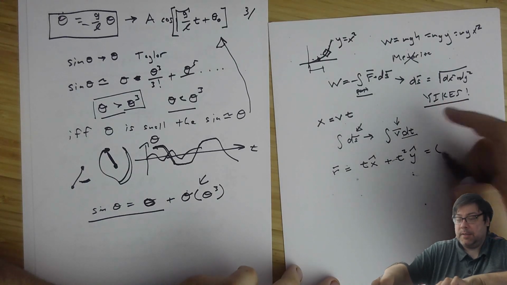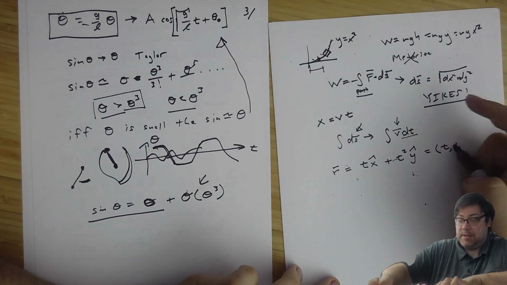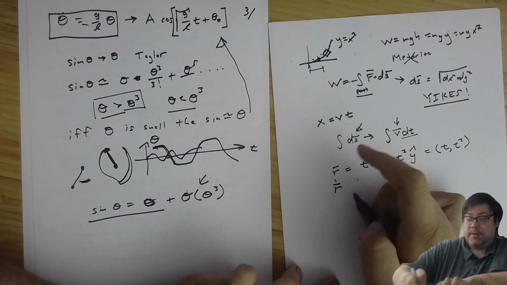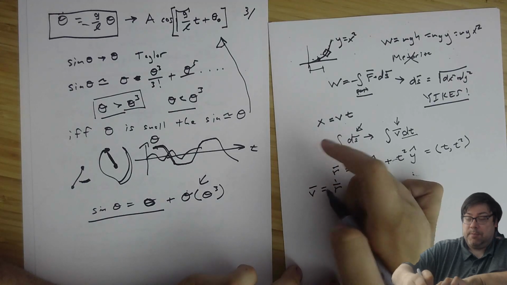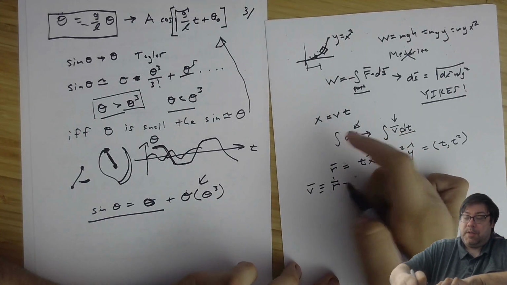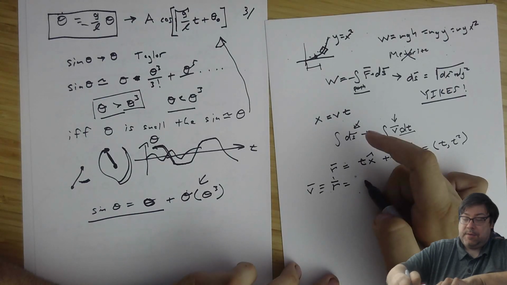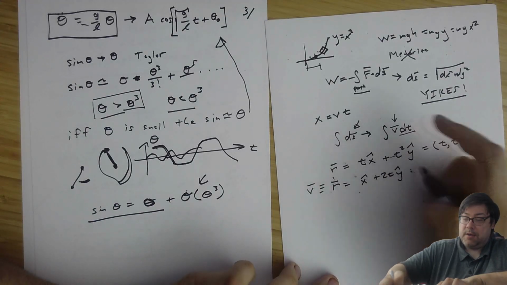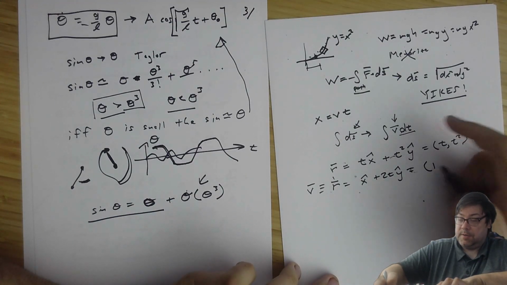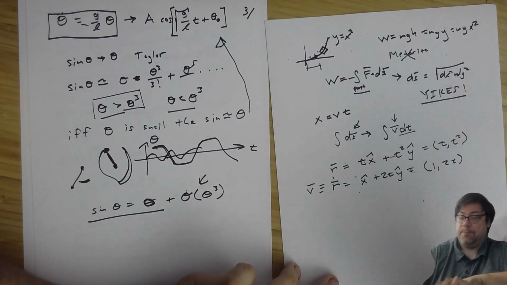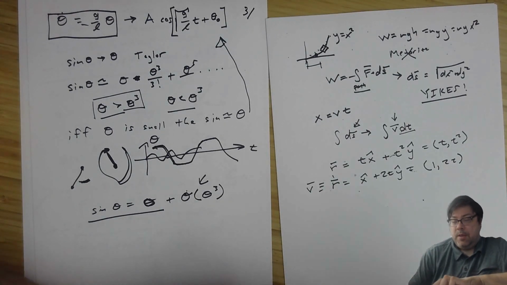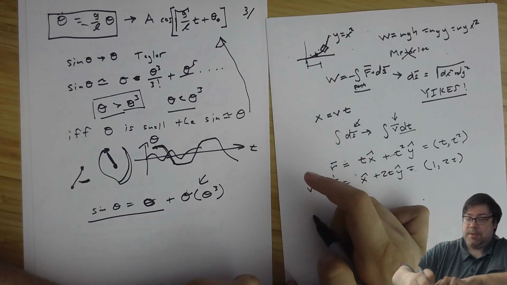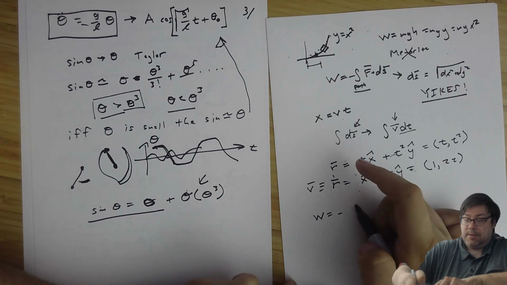You might even write this as a vector t squared. All right? Well then, what's r dot? Remember, this is just the velocity by definition. Well, the velocity is just the derivative, and this is just x hat plus 2t y hat. Or another way to say this is (1, 2t). Okay, fair enough. So now we have our velocity, and now we can say the work equals minus the integral